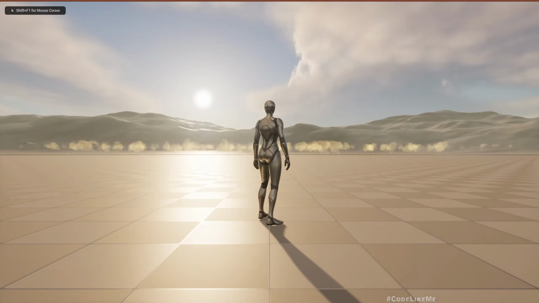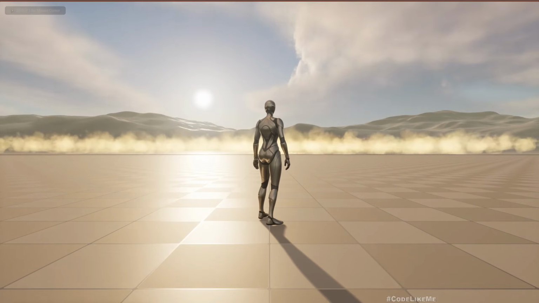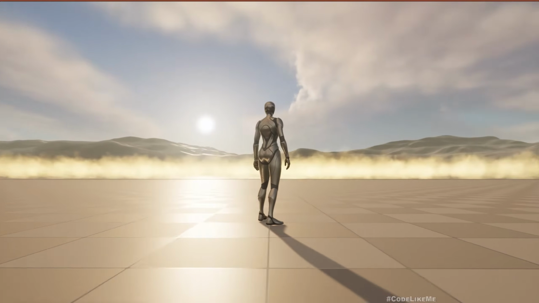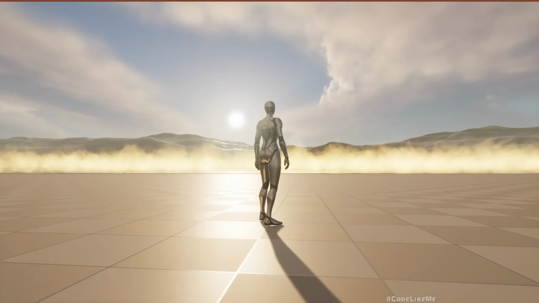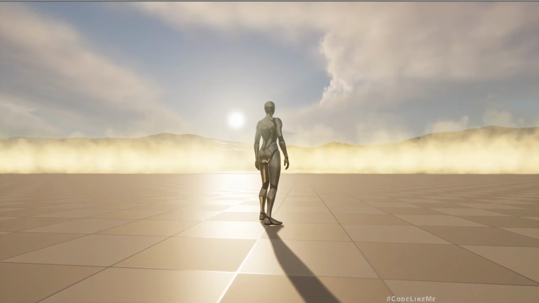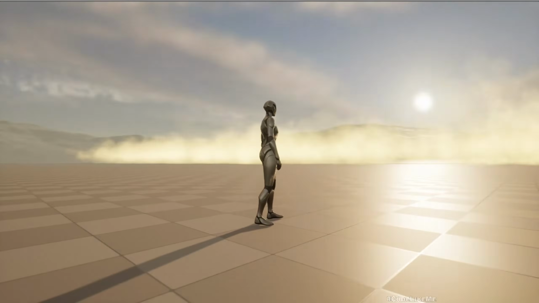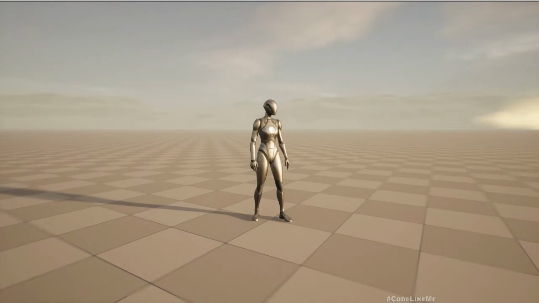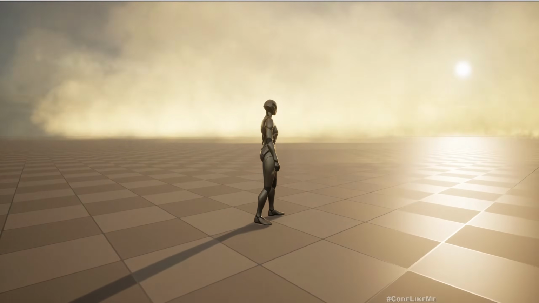Hello everyone. So today we are going to work on this sandstorm. You can see the atmosphere is clear and the sandstorm is getting closer. Now we start hearing the sound and the atmosphere becomes dusty. You can see the surroundings also as the storm approaches,